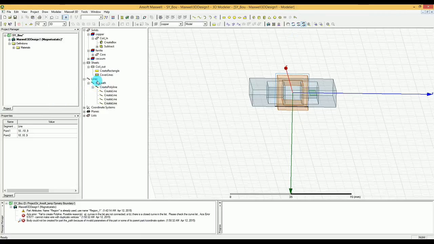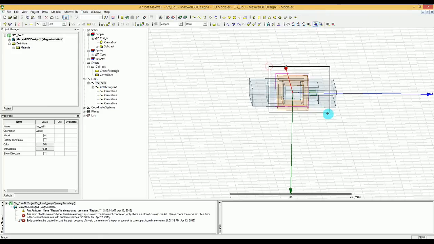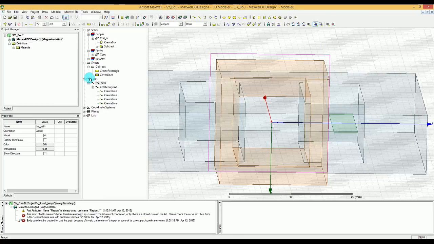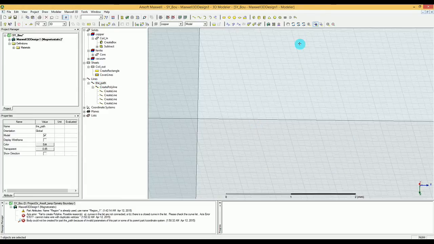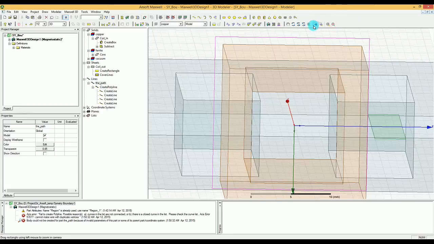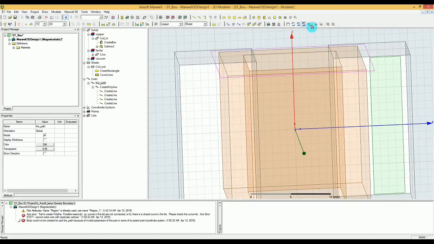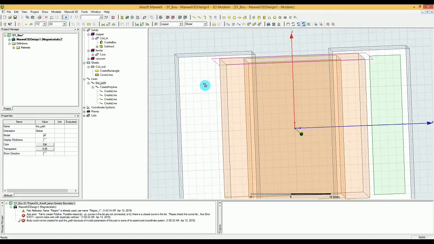If I select the line, you can see that the path. This is the path. This part is the path. So if I uncheck it and check it, you can see it. Okay, so now what I'm gonna do is I'm gonna just sweep this along this path. Very simple. So select the part that you want to sweep. So this is the part,